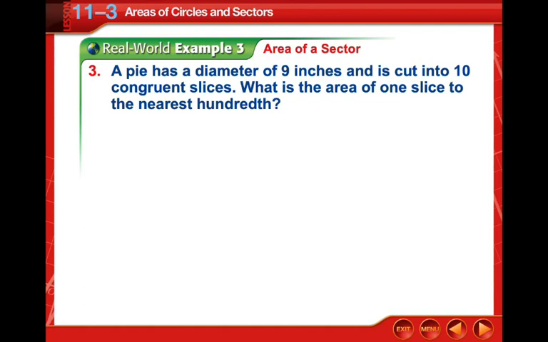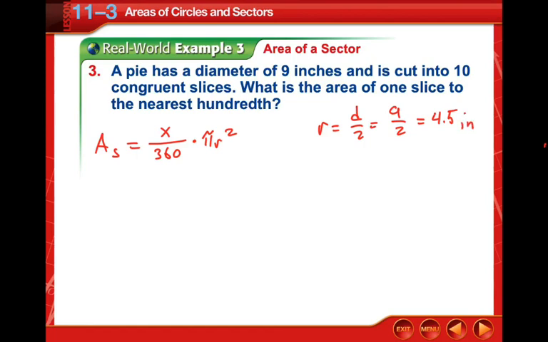So here we have some options. We have our formula, first of all. The area of a sector is equal to the central angle measure over 360 times pi times the radius squared. So now, that's our normal equation, and we don't have our radius, we have the diameter. So the radius is just the diameter over 2, or 9 over 2, or 4.5. So now that we have our radius in inches,